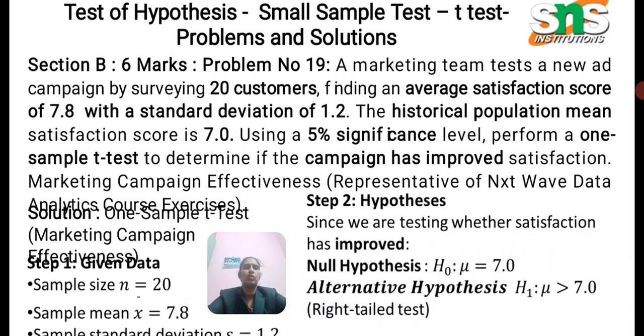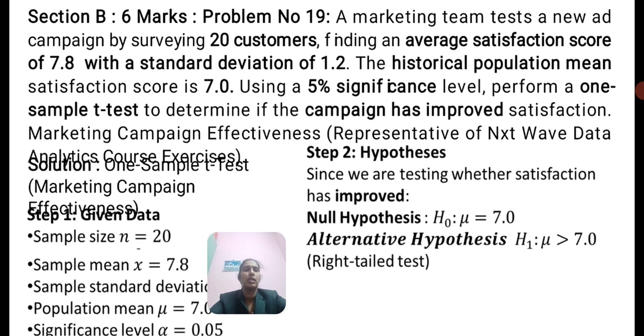team tests a new campaign by surveying 20 customers, finding an average satisfaction score of 7.8 and standard deviation 1.8. The historical population mean is 7.0. Here alpha is 5%, and you have to test whether the campaign has improved satisfaction or not. We have to test the two hypotheses. One is H naught,